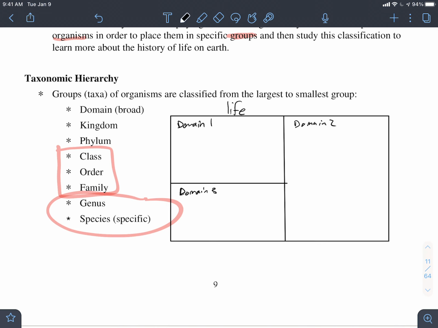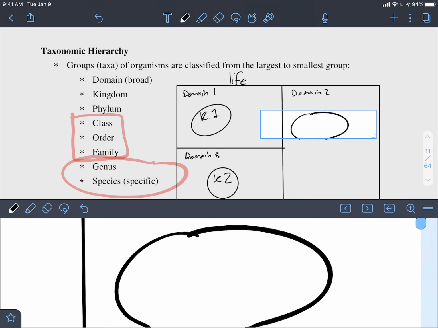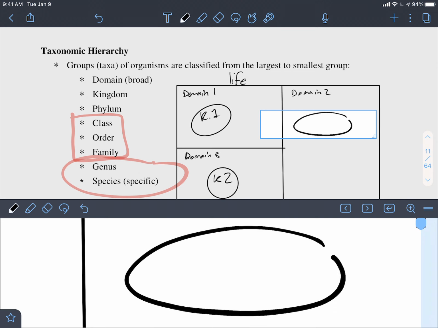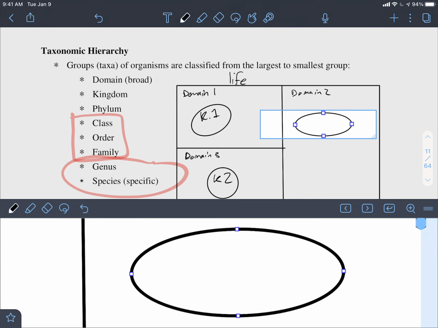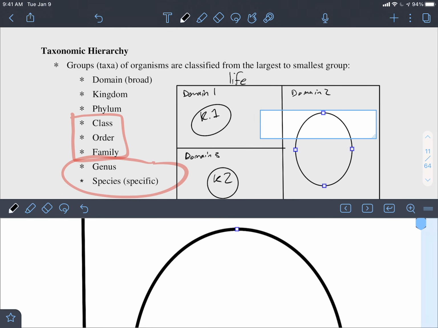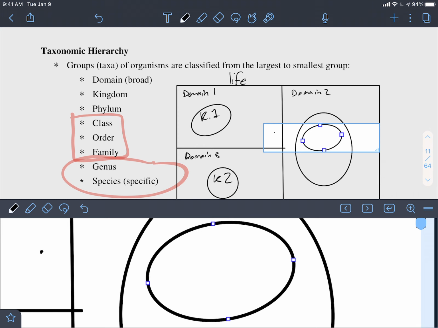And then inside those domains, there are the kingdoms. Kingdom 1, Kingdom 2. I should have called it Kingdom 3. I don't want to get into the naming yet because we will do that at a different time. Here is another kingdom coming at you. And so let's just stop. Let's go here. So this is one kingdom. There's actually more than one kingdom in this domain that I'm thinking of. But inside of this kingdom, we would find a phylum, or maybe 2.